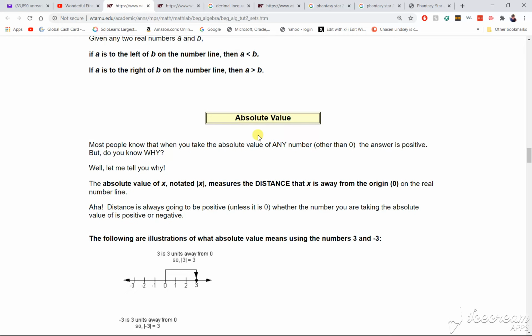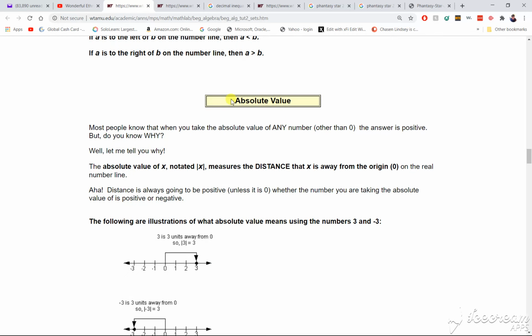Oh, where am I? Absolute value. Most people know that when you take the absolute value of n